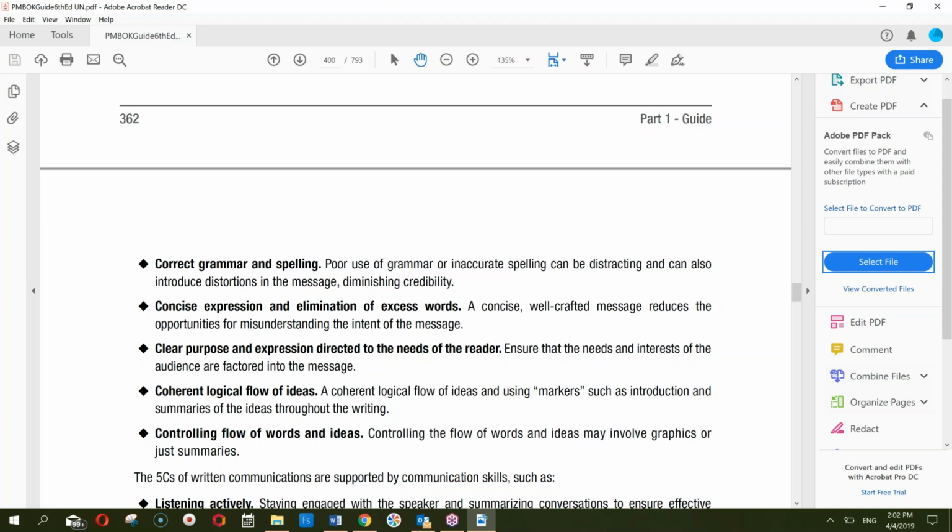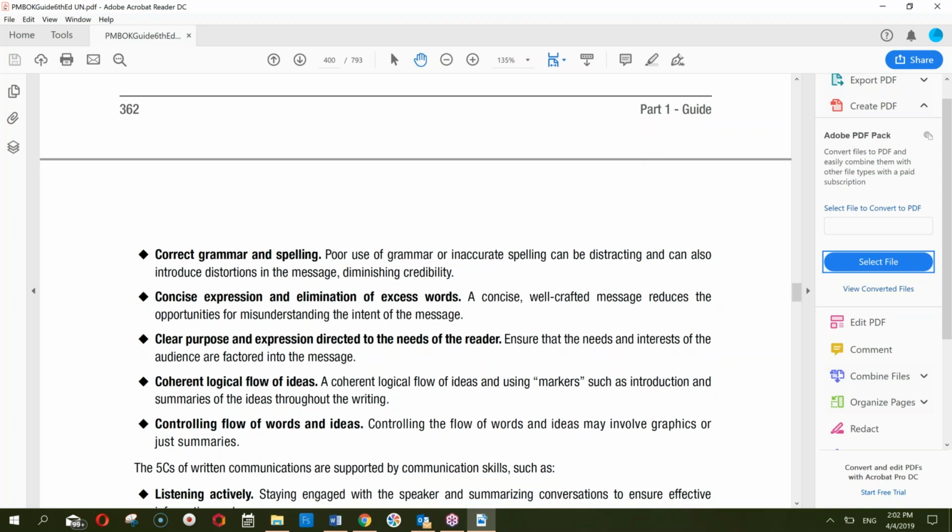Coherent, logical flow of ideas. Do not break your ideas. Do not start talking about something in the middle of another thing. So there should be a coherent, logical flow of the ideas. Controlling the flow of words and ideas may involve graphics or just summaries, as we do in a presentation, where while we are talking about something, suddenly we show a diagram to further explain that thing. So these are the 5 C's of written communication. This is specific to written communication. Now let's